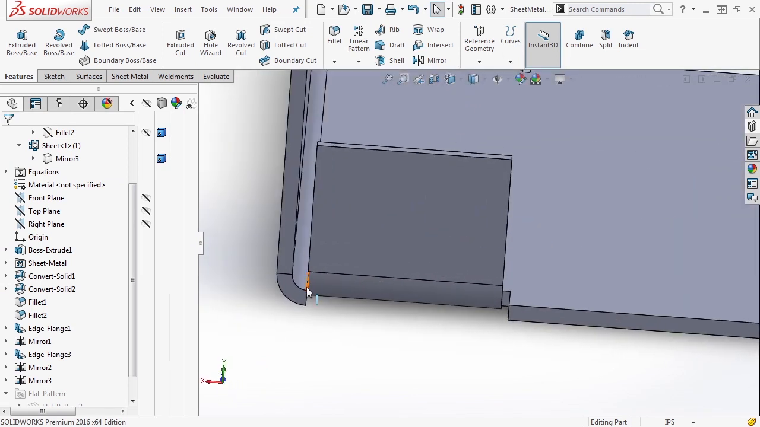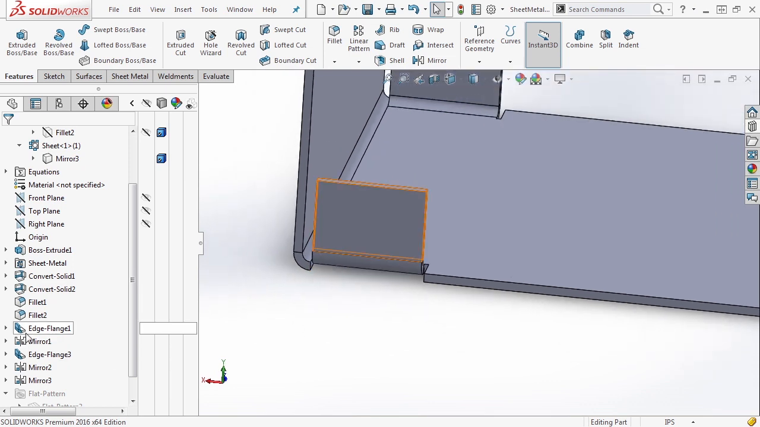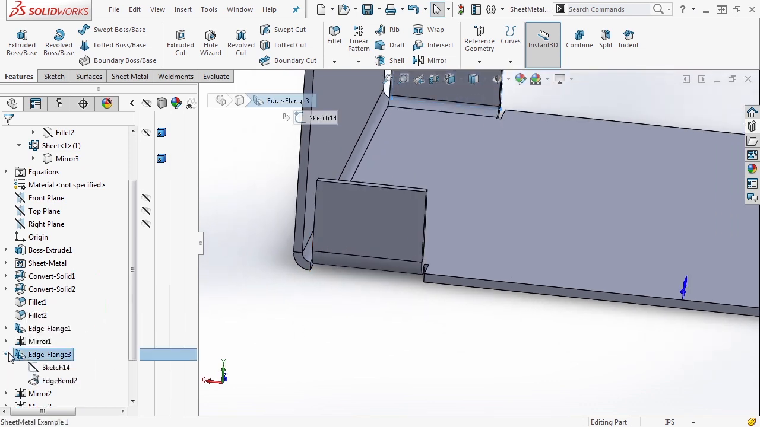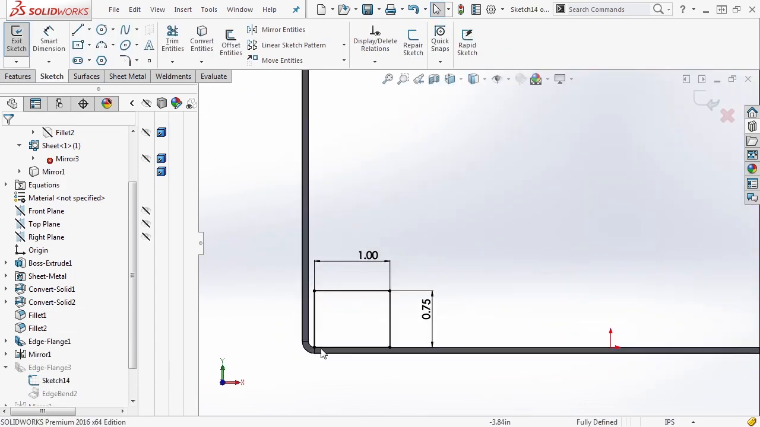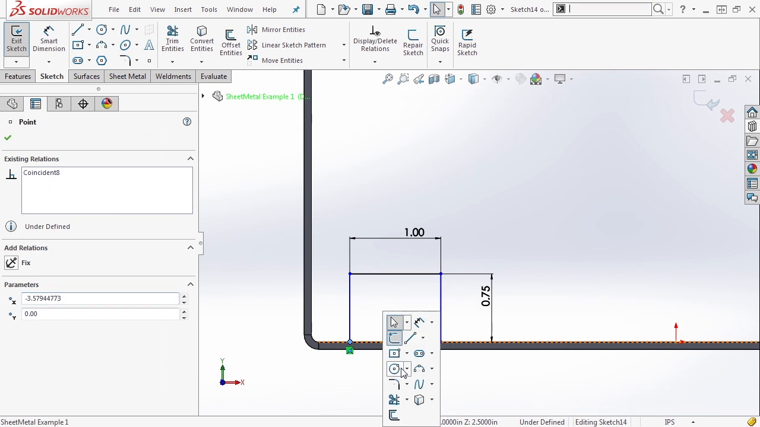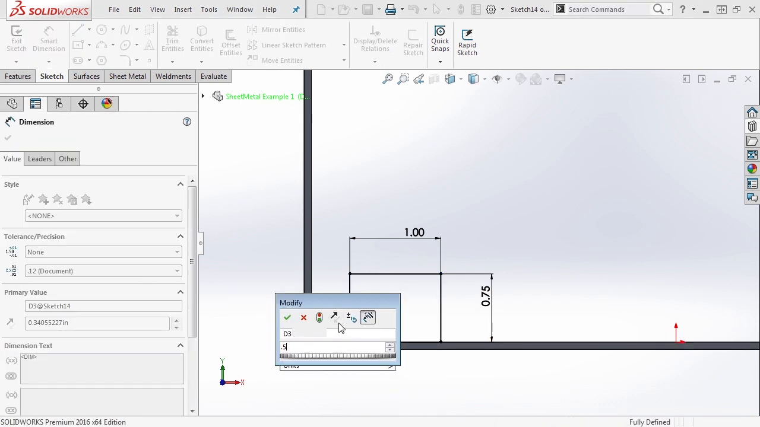Now this bend is really close to the edge. I'm not sure that I want it that close to another bend. So I can go back into flange 3, go into its sketch, and I can edit the sketch. Now inside here, I'm going to simply grab this left endpoint and drag it inward. I want to make sure that I leave an appropriate amount of distance, so I'm going to give it 1/2